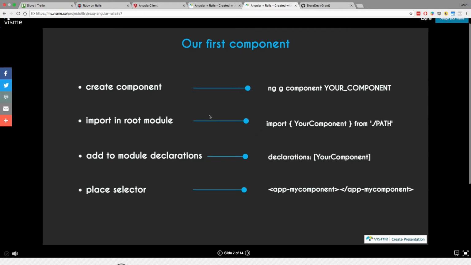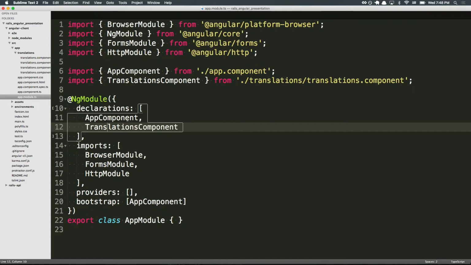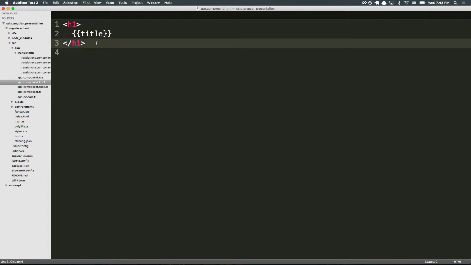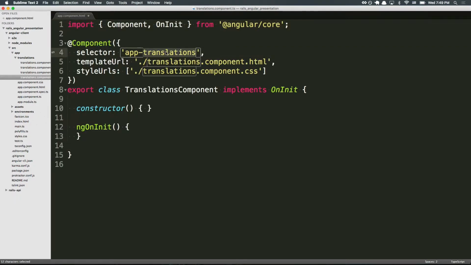So now let's test and make sure that this component is working by going into our main page, or our main component HTML, and let's put that decorator. We'll call it, I think it's called app-translations. So we'll just copy that and in here,